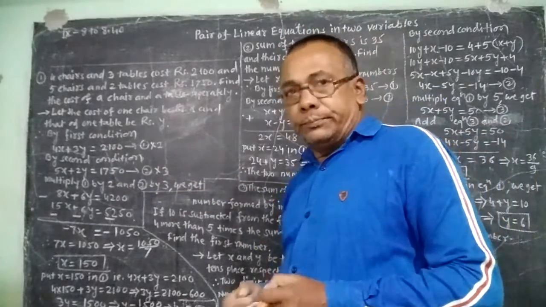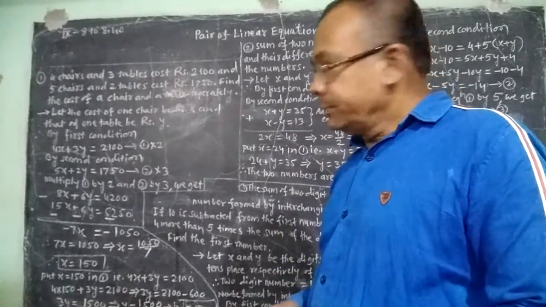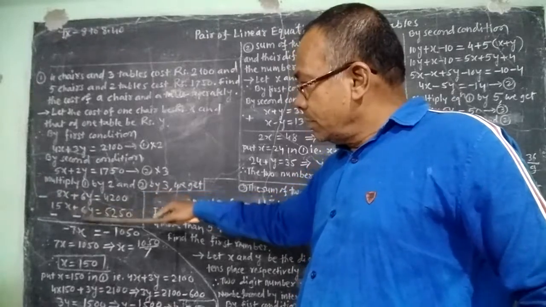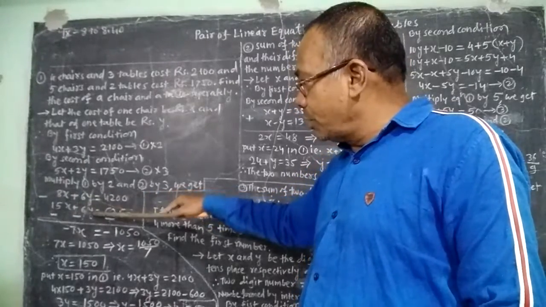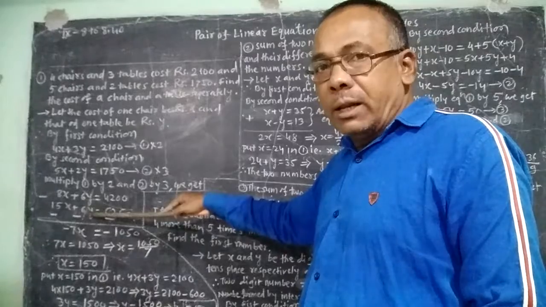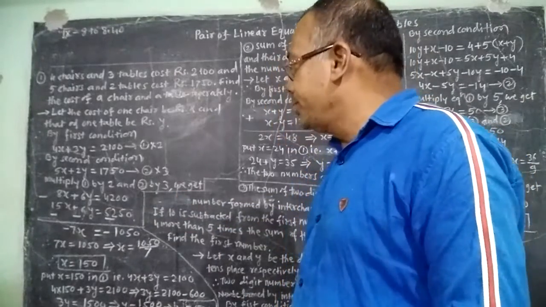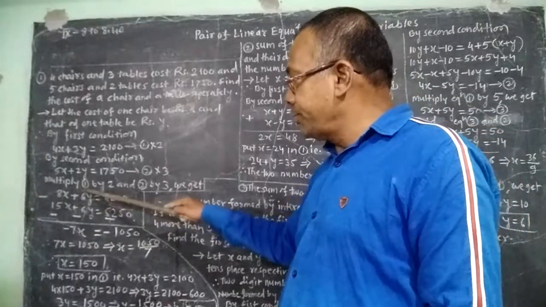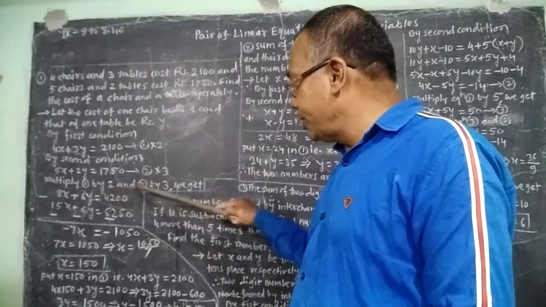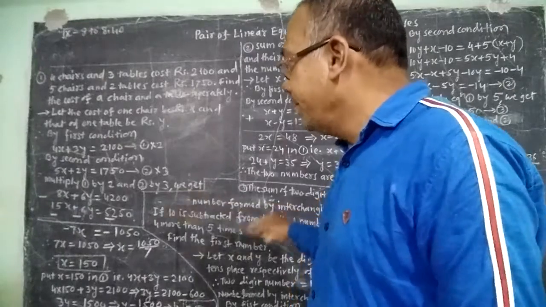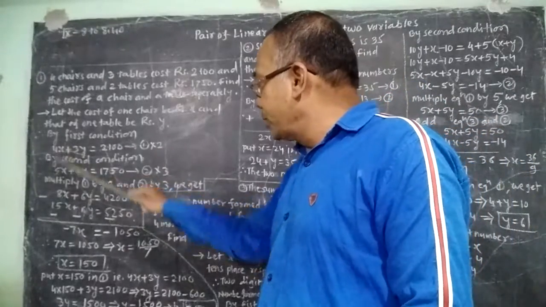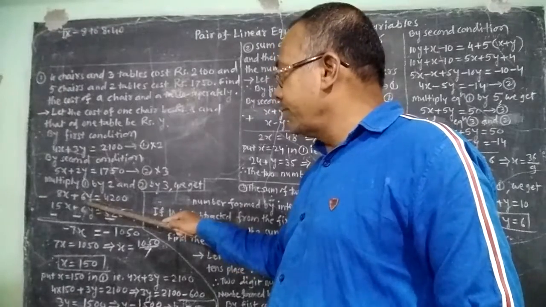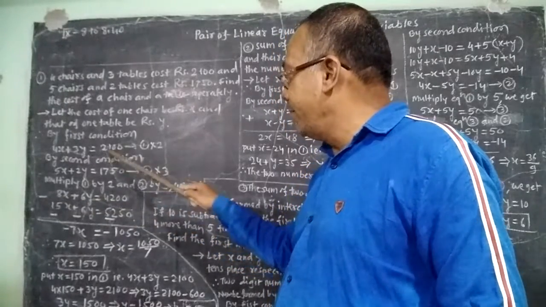While solving the linear equations, the coefficient of x or coefficient of y should be equal. Here, to make the coefficient of y equal, multiply equation 1 by 2 and equation 2 by 3. Then we get 8x plus 6y is equal to 21 into 2, which is